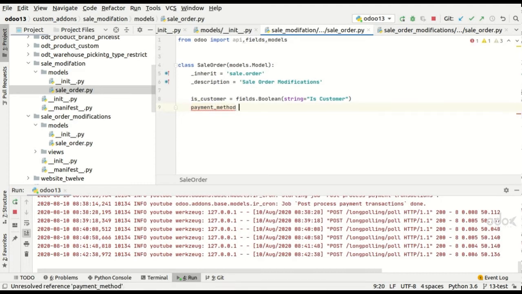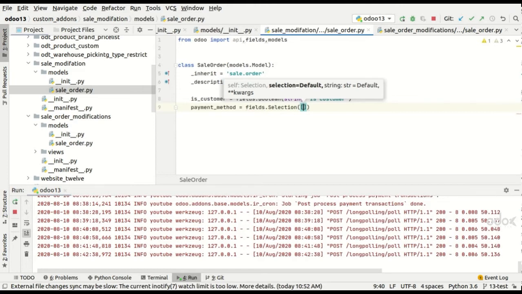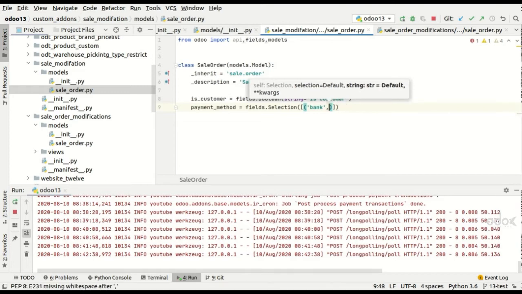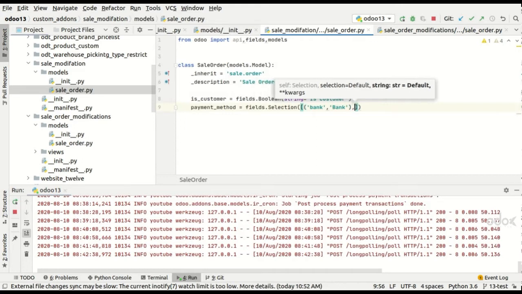Payment method field, fields.Selection of, now it can be bank, then another one I'm going to give, cash.